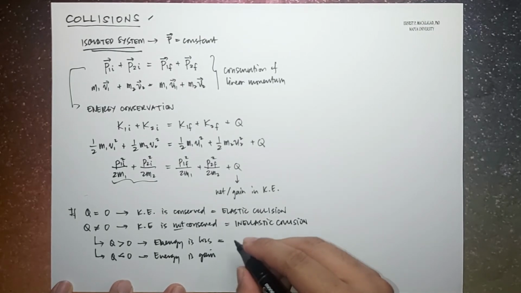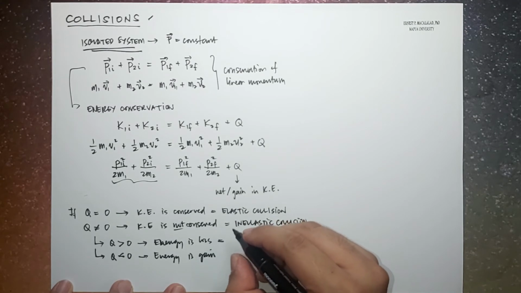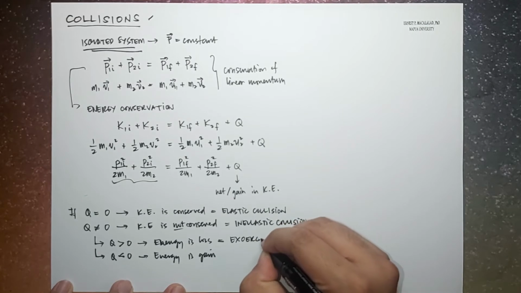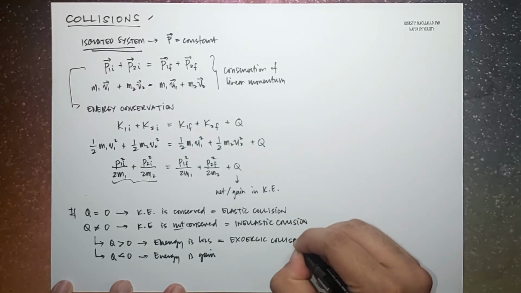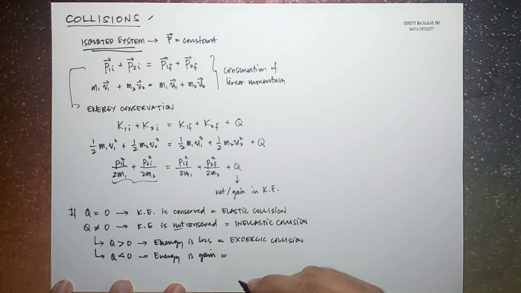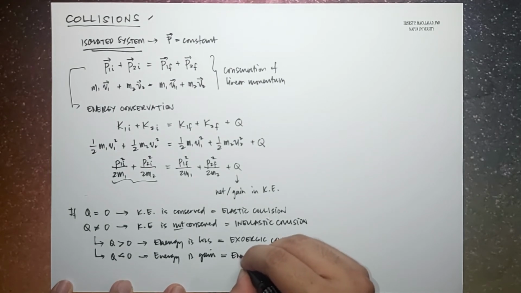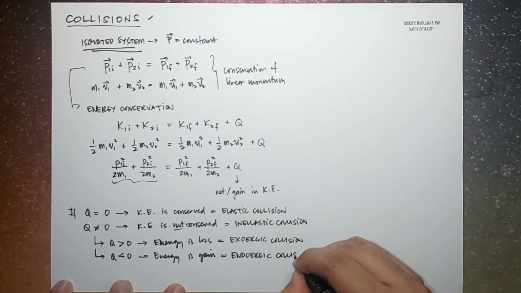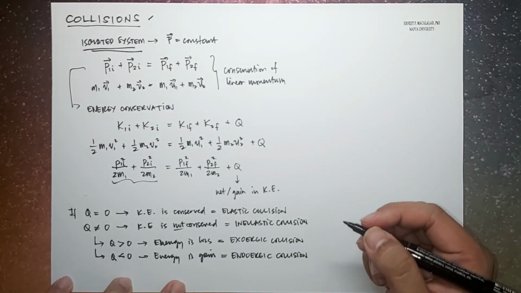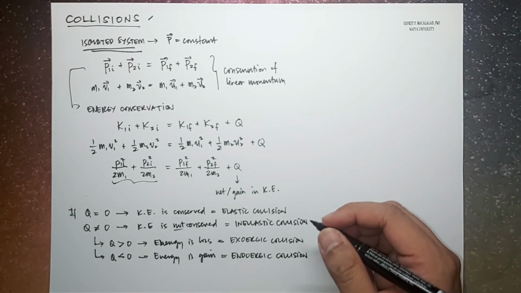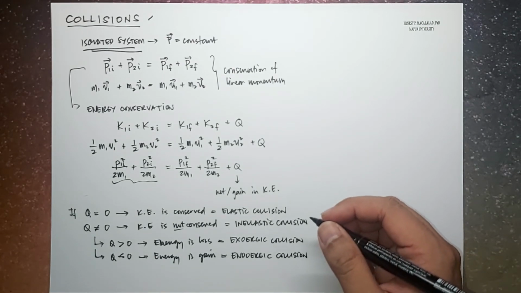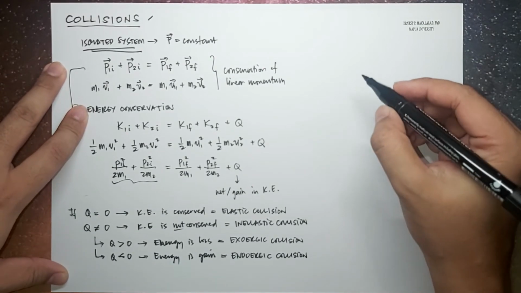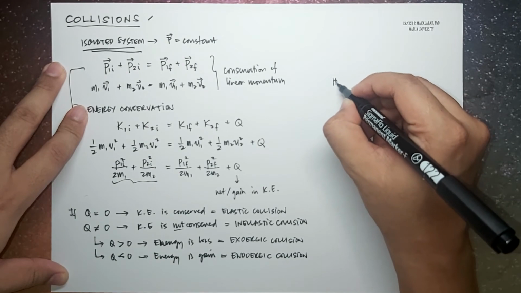This is what we call an exoergic collision, whereas this would be an endoergic collision. Okay, so that is your introduction to collisions. In the next video, we're going to talk about